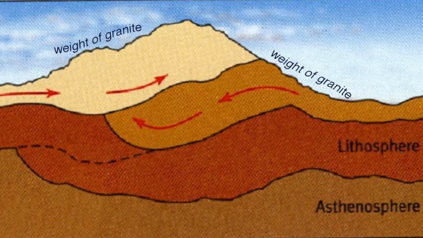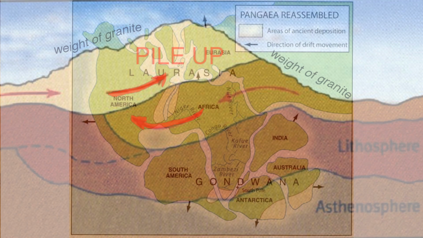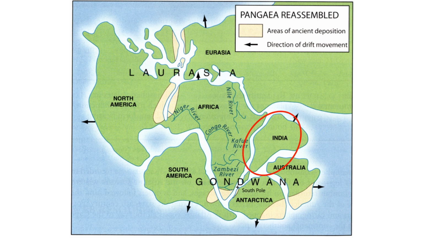So unlike the collision between a continent and an ocean, where we have simple subduction, here we have a massive pileup of rock. This is exactly what happened in the case of India's collision with Eurasia, as we are reminded in this map of Pangaea. The Indian subcontinent, beginning about 160 million years ago, began to break off and move north from what is now East Africa, finally at about 50 million years ago, slamming into Eurasia.